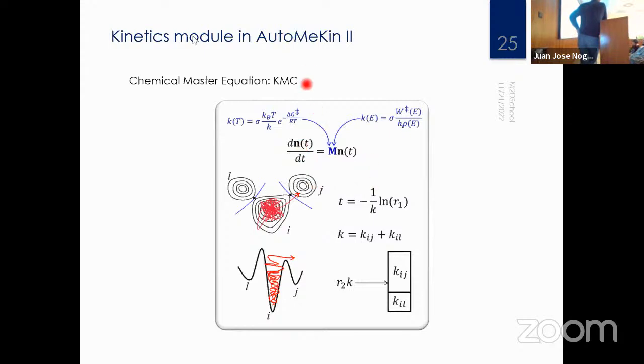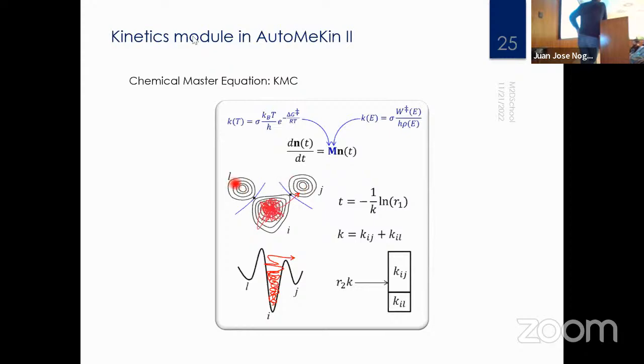And the way we solve it here is with KMC, kinetic Monte Carlo. This is a stochastic procedure in which basically you just need to draw two random numbers. The first one is to know how much time we spend at the given minimum. We use this simple formula to know how much we stay there. And then we need a second random number, R2, to decide whether from I